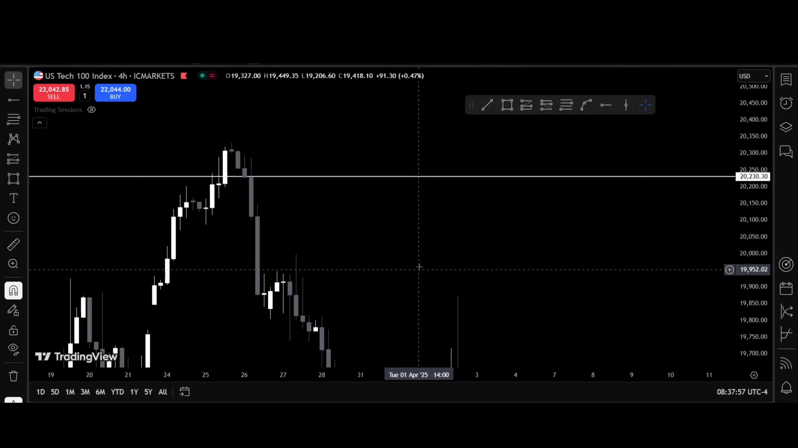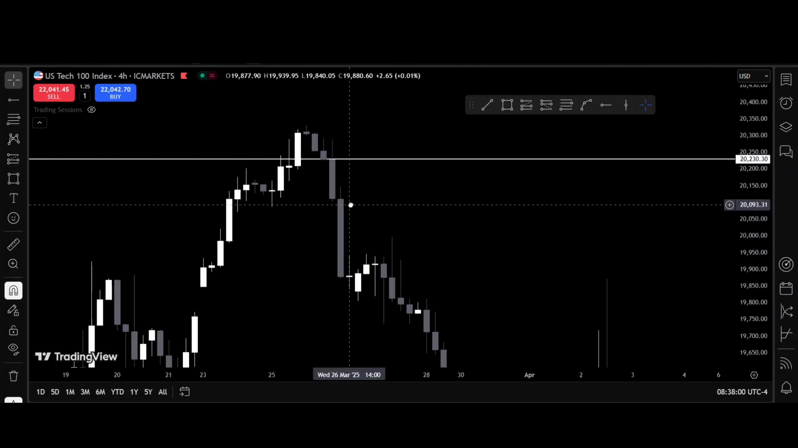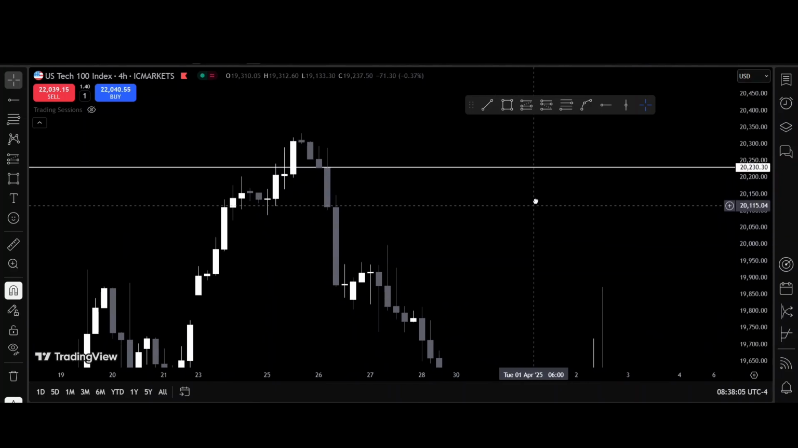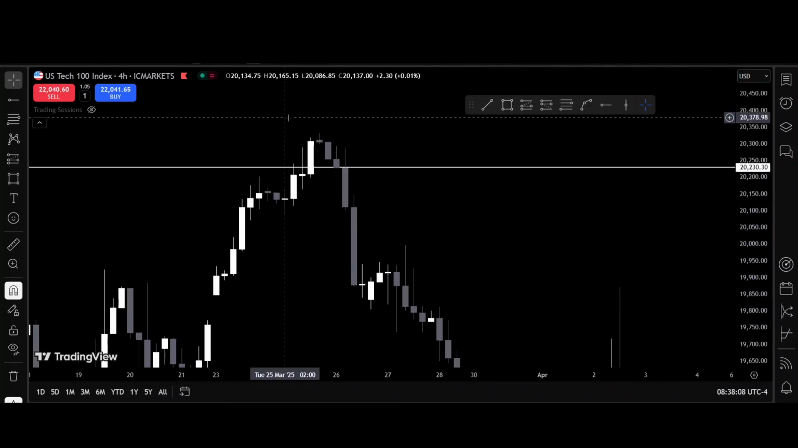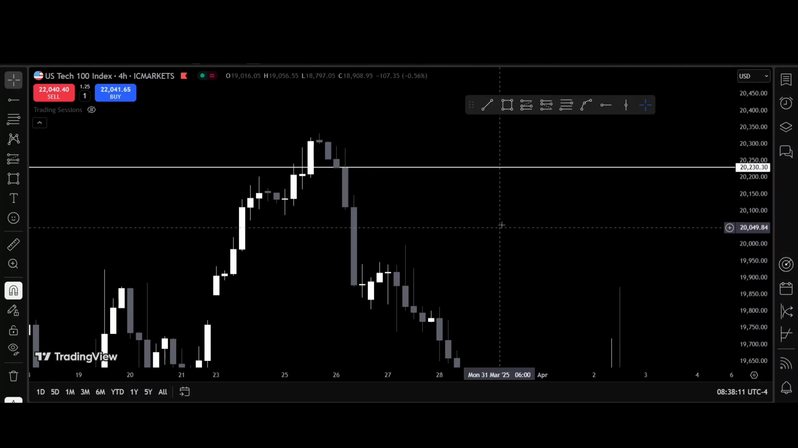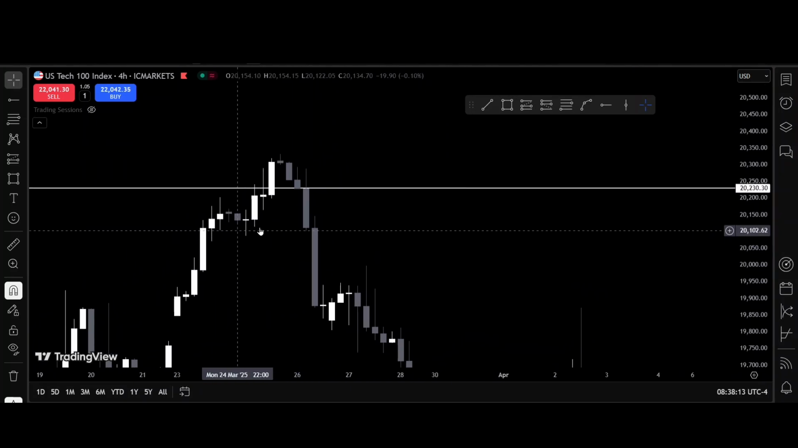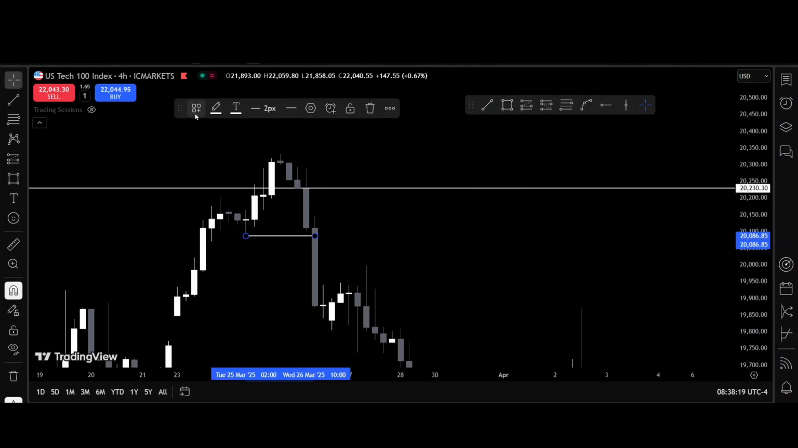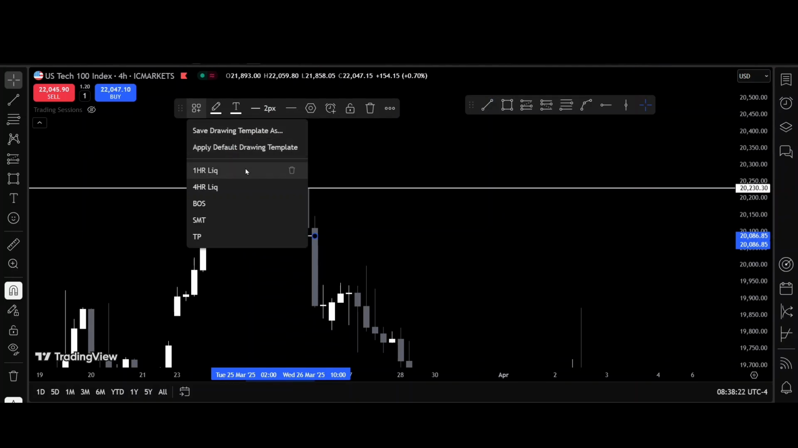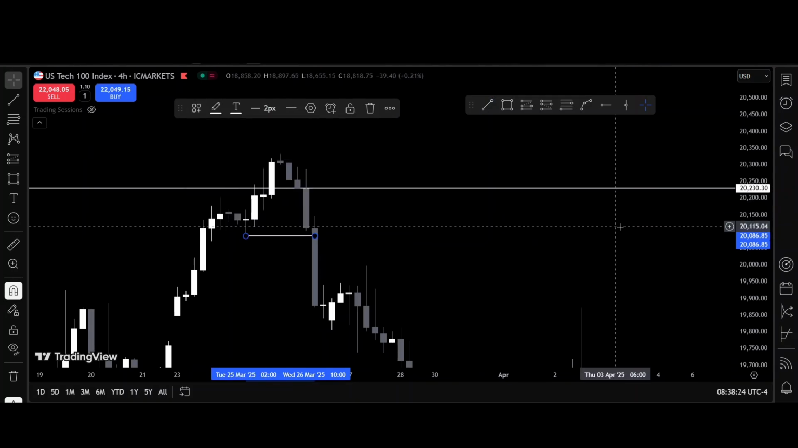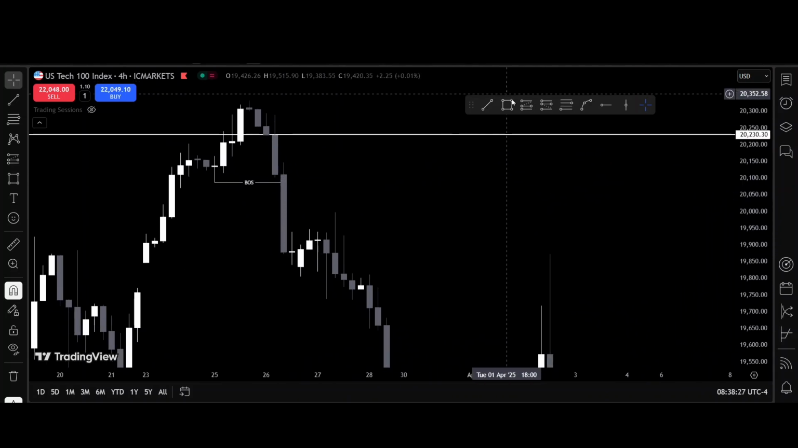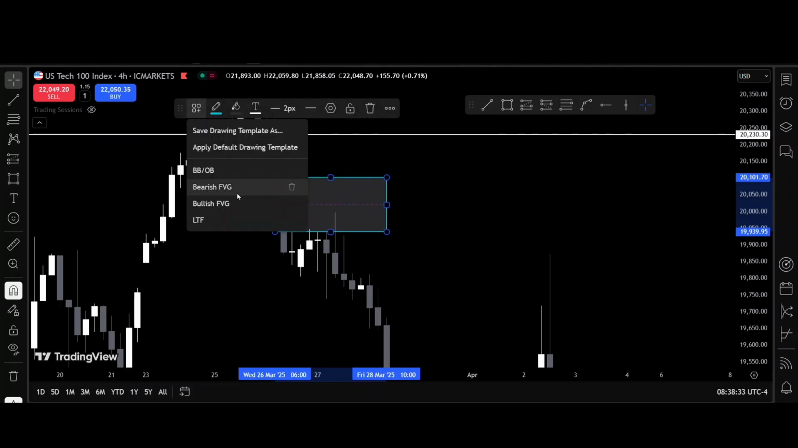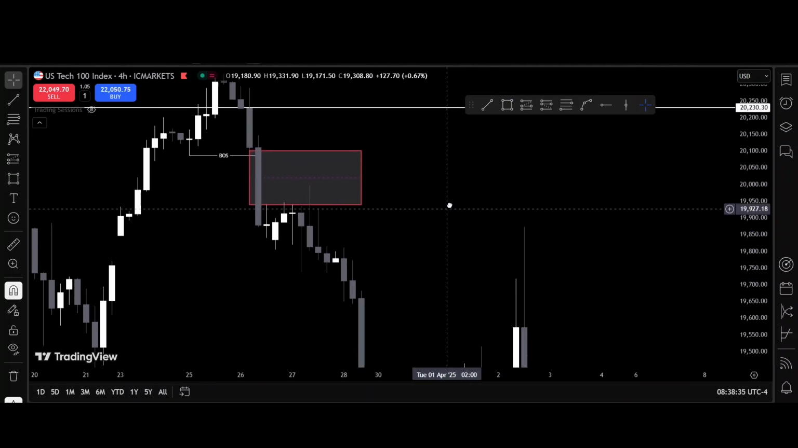Sweep liquidity right here. We broke structure to the downside. If you can't remember what a break of structure is, we were in an uptrend, so we're gonna be looking at the recent lows made and see if the body closes below it. This is the most recent low made. We got a closure below. What did we do? From the bearish fair value gap right here,